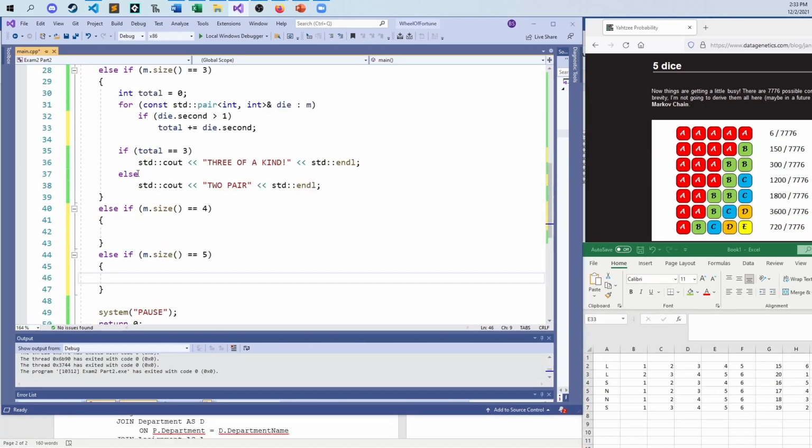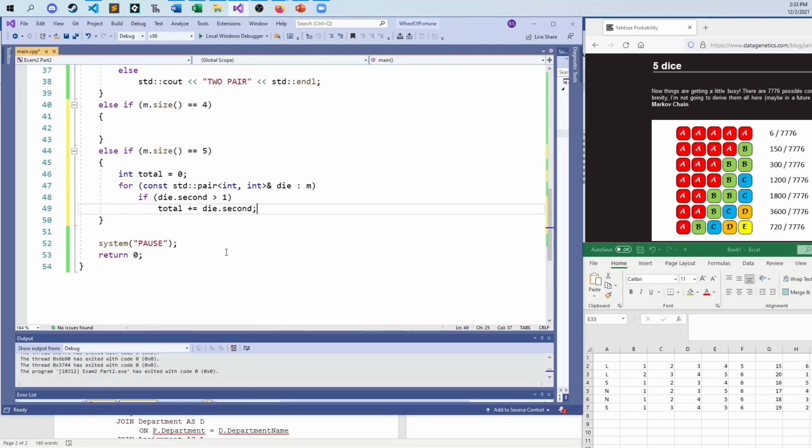Alrighty, so to make this work, we can borrow from here. But this time around, instead of taking the second value of how many specific values there are for a certain die roll, we take the first, because we're taking the actual results of the die roll itself, not how many dice have been rolled of that specific number. So start from 0, take every die, now take the first value instead of the second. So as we were saying, if total is equal to 15, or total is equal to 20,